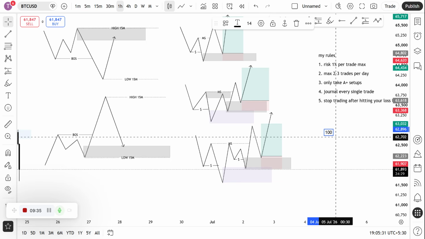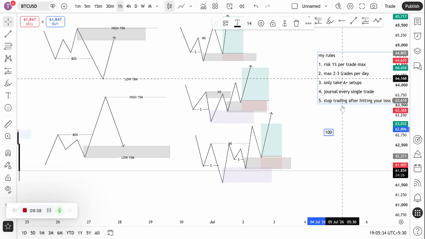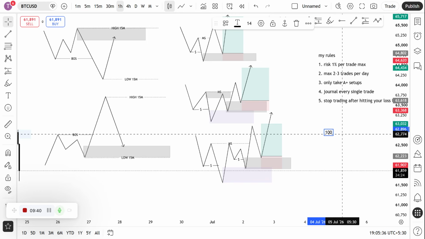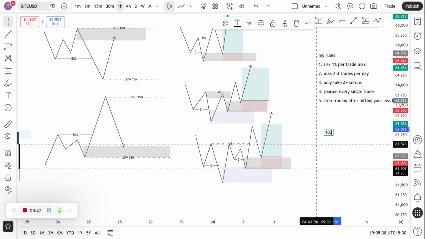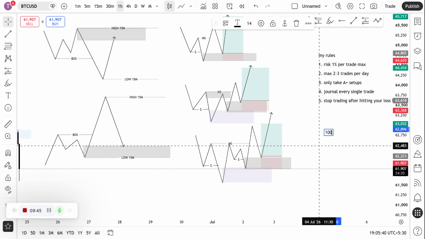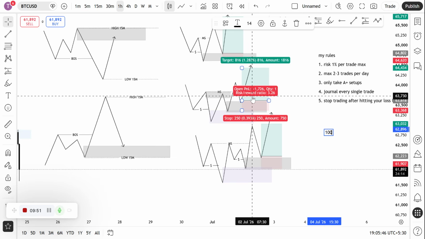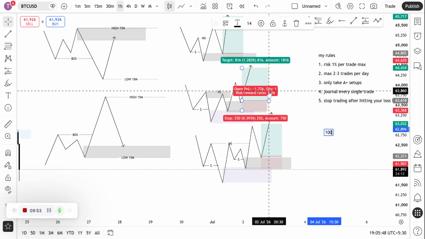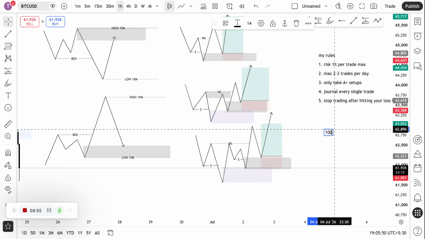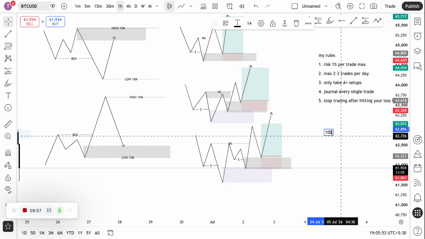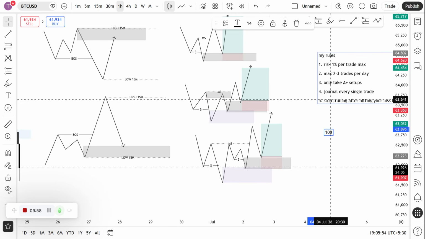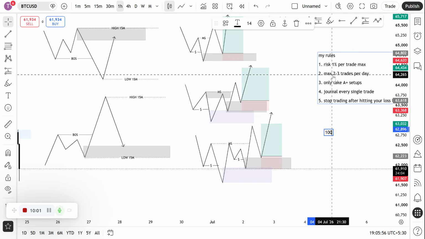So I'm risking 1% on my $100. So which means maybe I'm risking a dollar to make $3, because I always trade 1:3 risk to reward. This can protect me